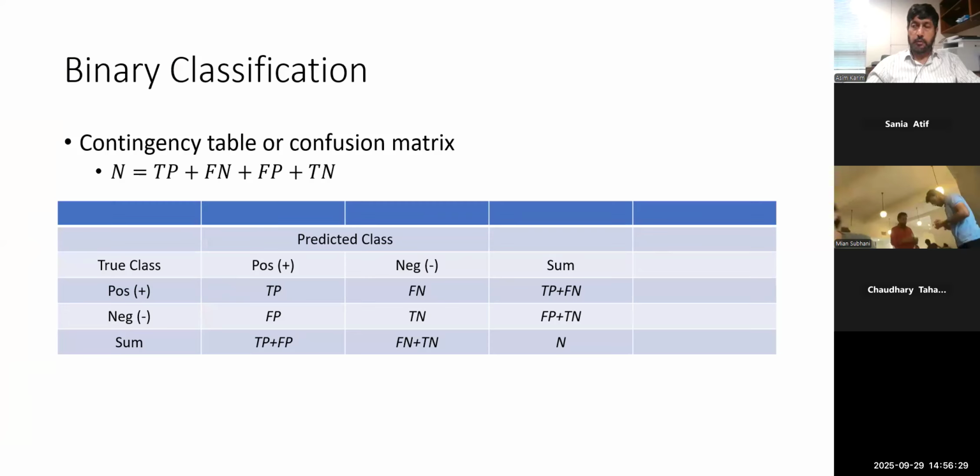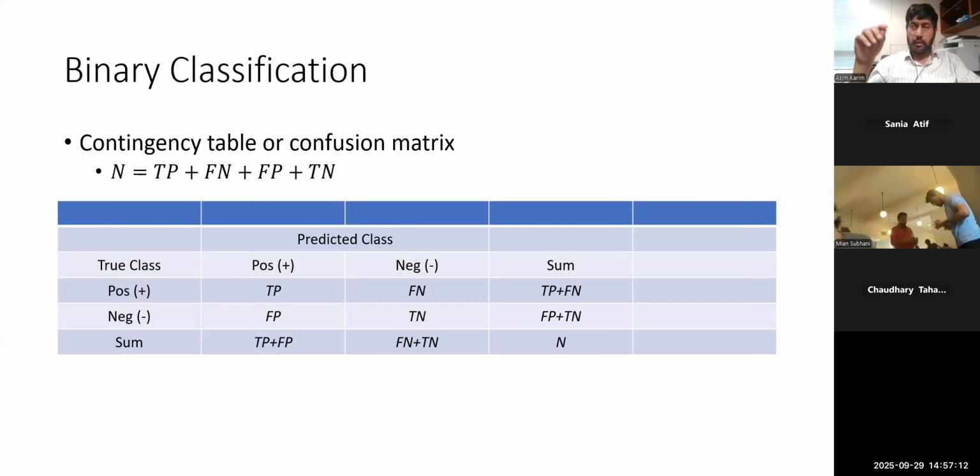So when you have a binary classification, you typically create a confusion matrix, which is a 2 by 2 confusion matrix. So in this particular contingency table, the columns are predicted class, the rows are the actual class, and then based on what your classifier does, you can get true positives, false negatives, false positives and true negatives. So these are actual counts.